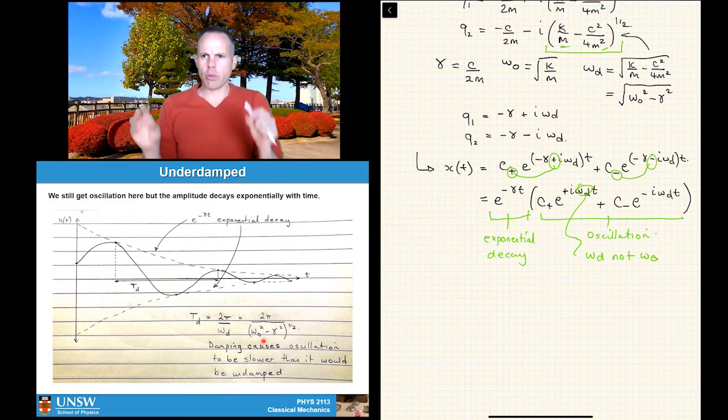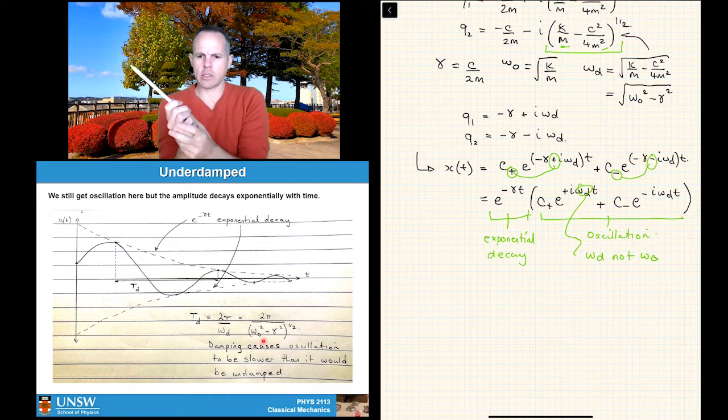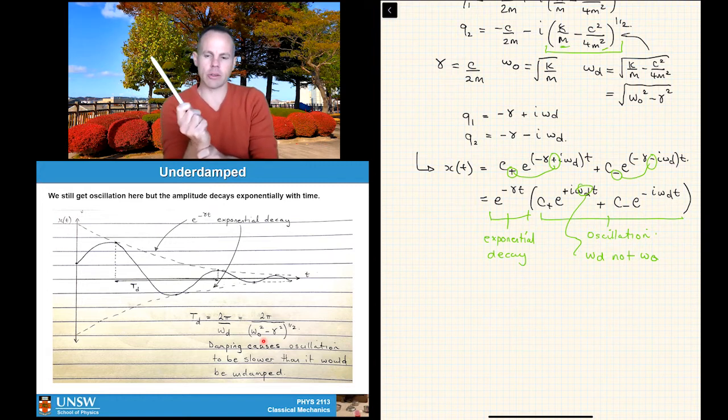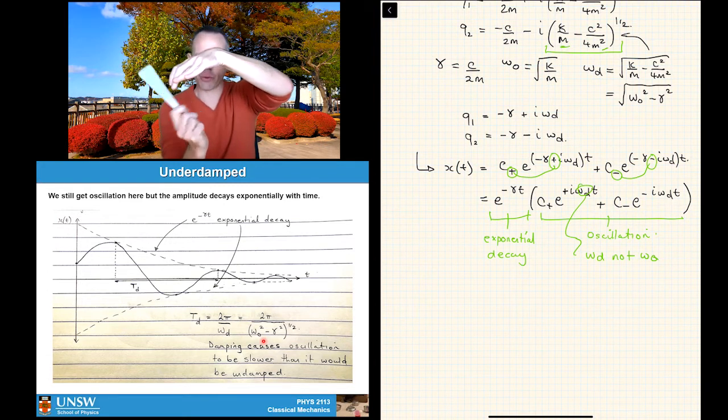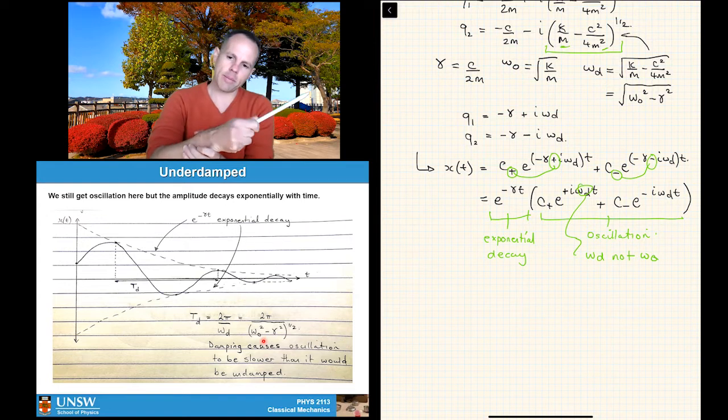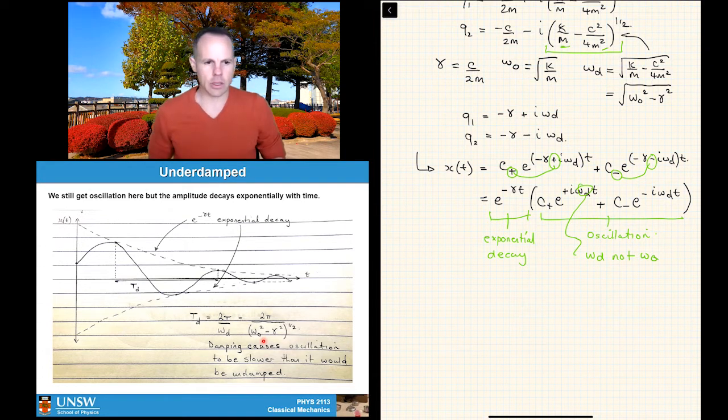And the easiest way to think about that is you can imagine a system without damping just oscillating side to side. And the damping is actually trying to impede the motion. So you can almost imagine having to try and move through molasses or something. So it kind of has to fight this resistance, which is going to slow it down, and that means the frequency gets less. Okay, so physically we can make sense of this in the mathematics that we get in this particular problem. Okay,